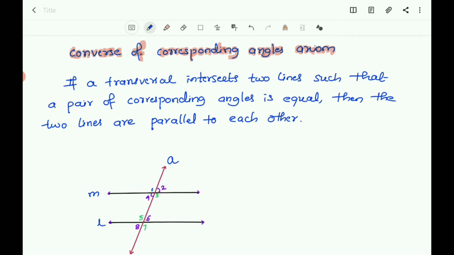Corresponding angles axiom says that if a transversal intersects parallel lines, corresponding angles are equal. The converse of the corresponding angle axiom says that if the corresponding angles made by the transversal of two lines are equal, then those two lines are parallel to each other. So here, in the figure,